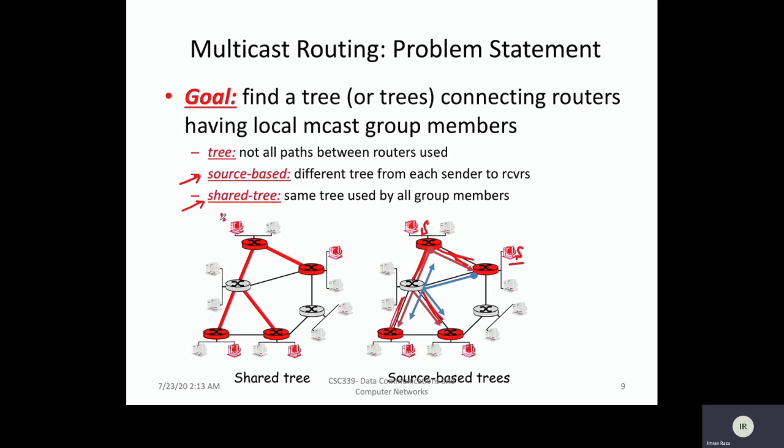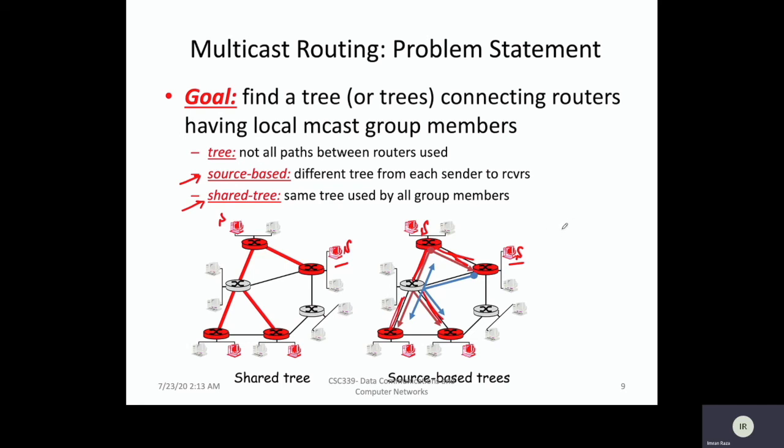So if this is the source, we have the same tree to be followed. And if the source has changed and this machine is sending data, still the tree is the same. We will not be constructing the tree keeping the source in consideration. So here we have the shared tree that will be used,